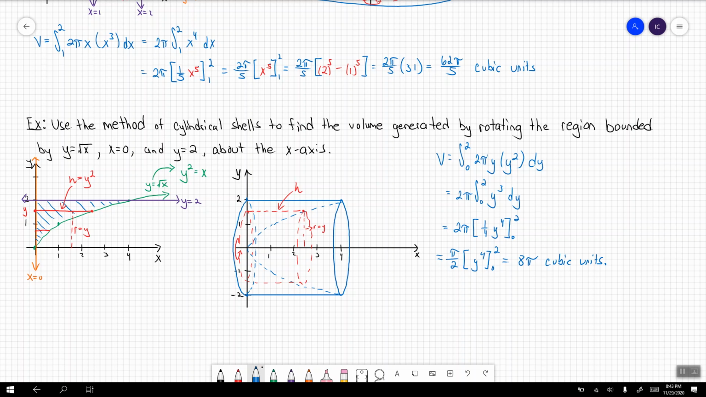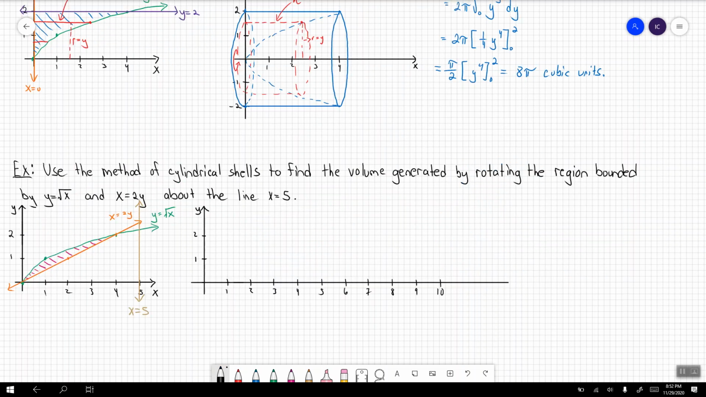Awesome, so everything's looking good so far. Let's keep upping the ante. So let's go a little bit further and find a different example that will take this to the next level. Alright, so here's the next question that says, use the method of cylindrical shells to find the